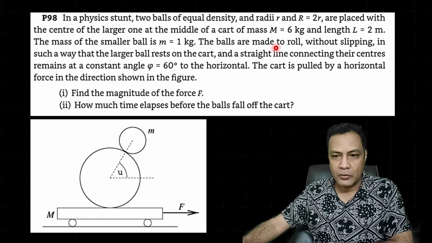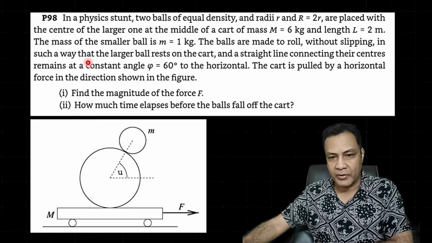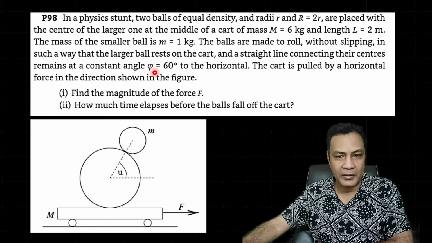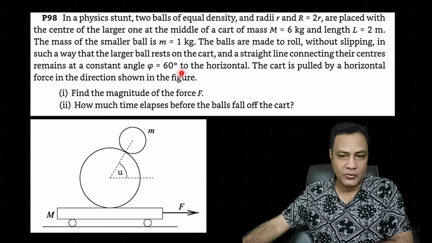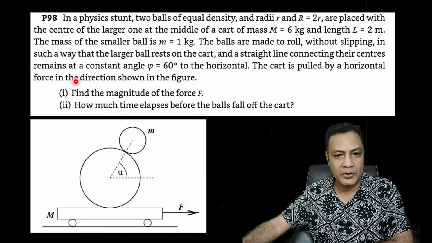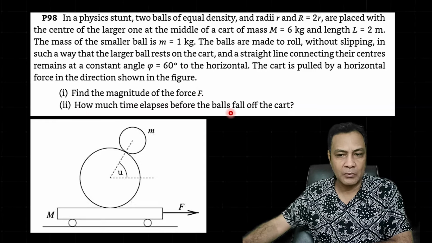The balls are made to roll without slipping in such a way that the larger ball rests on the cart, and a straight line connecting their centers remains at a constant angle theta to the horizontal. The cart is pulled by a horizontal force in the direction shown in the figure. We have to find what is the magnitude of that constant force